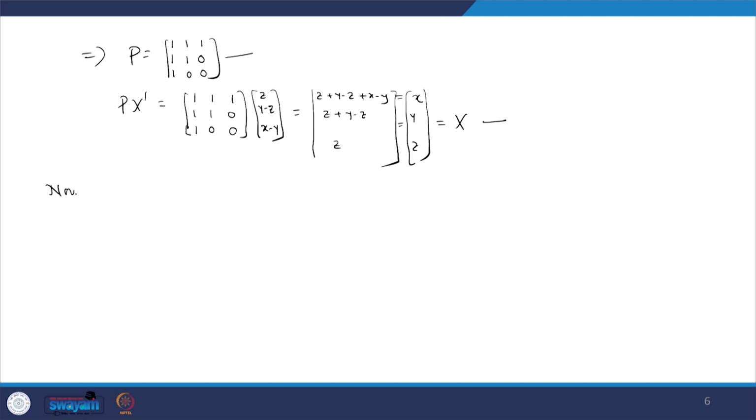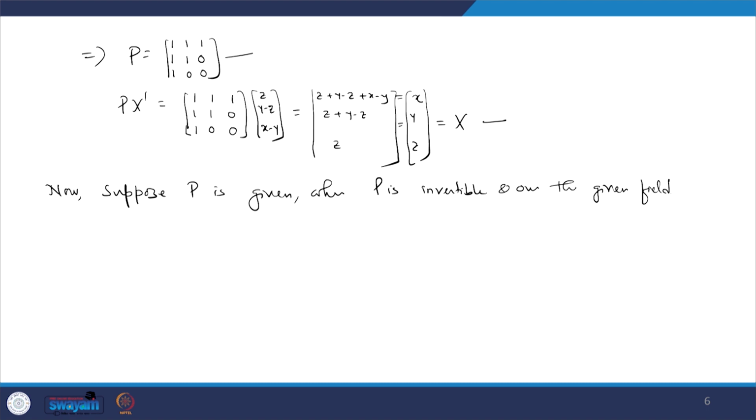Now, suppose P is given, where P is invertible and over the given field. How to find the second ordered basis when one ordered basis is given in this space, please. And